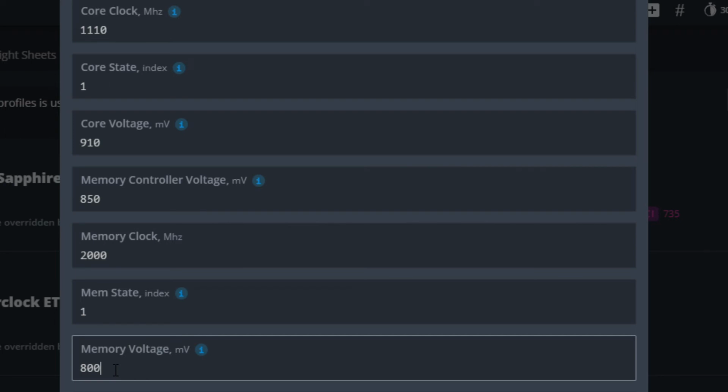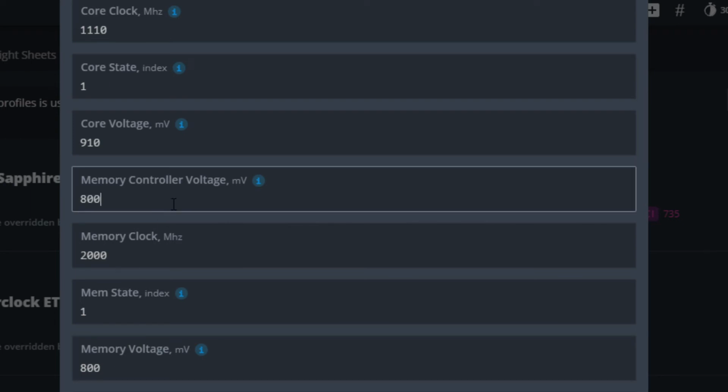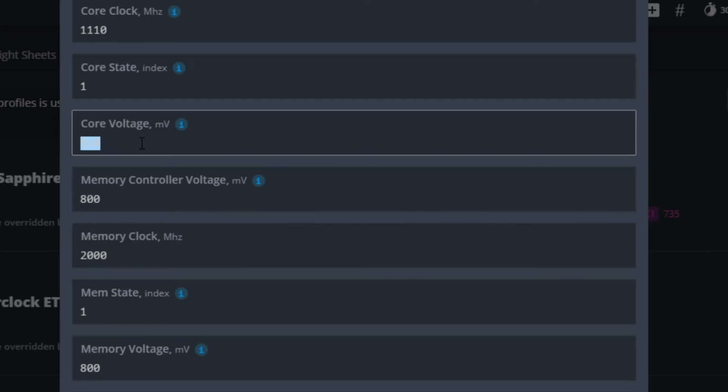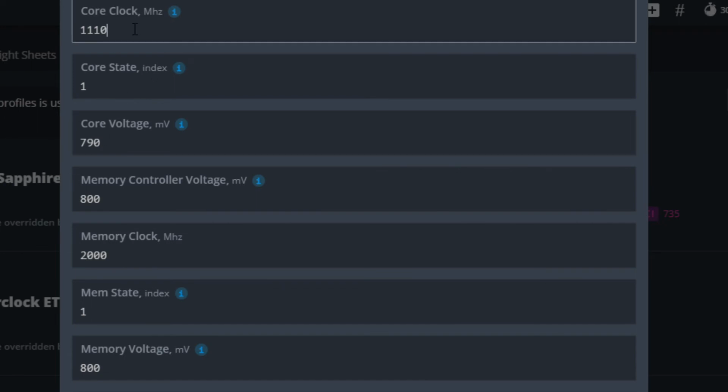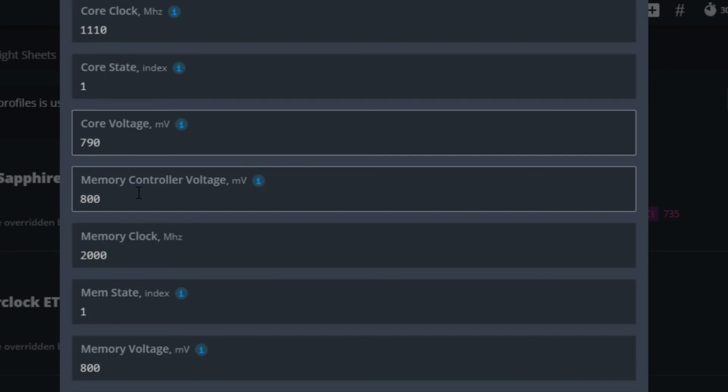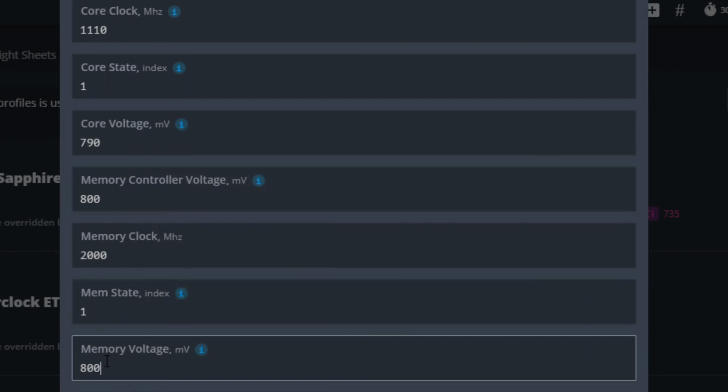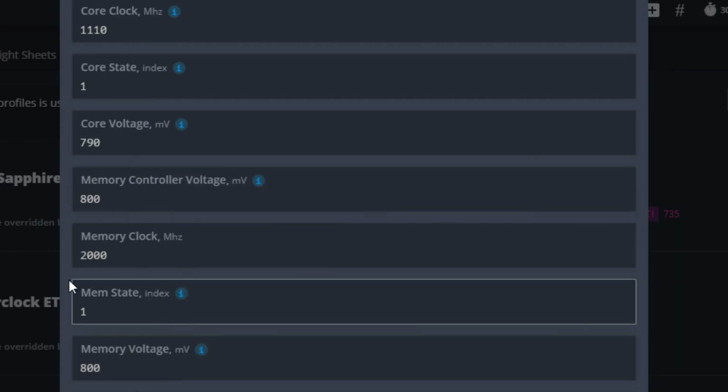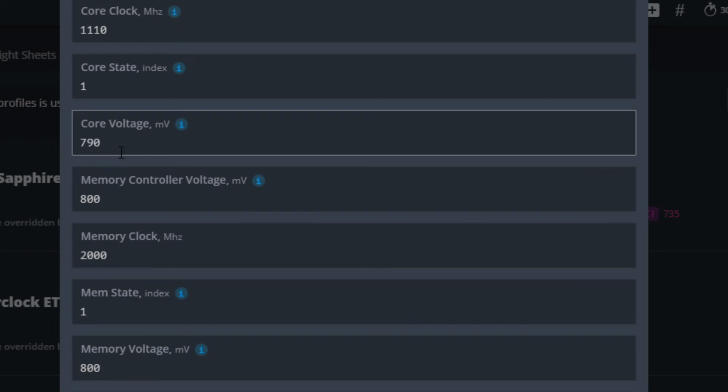This is hard to type. I got a laptop here. Anyways, some cards can run this no problem, where you've got even like 790. This is a good quality card right here. If you can run 1110, 790 or 800 for memory controller, and mem state 1. But not all cards are going to be like this, and that's where, when you're overclocking, again, you can